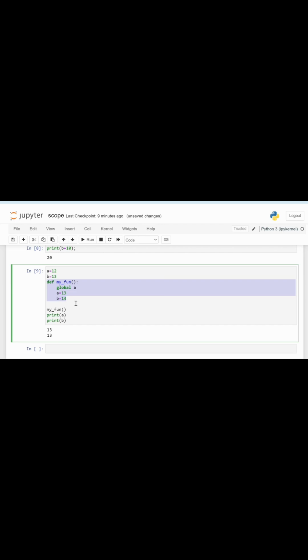Above we are giving a equals 12, and after global we are saying a equals 13, so the global variable will automatically change its value. But b equals 13, and now we are saying that b equals 14, but b is the local variable, so local will give us the first value that was assigned to that variable. So after closing that function, when we say print a, a will give us the last assigned value of a, and b will give us the first